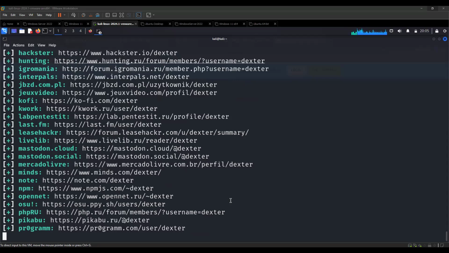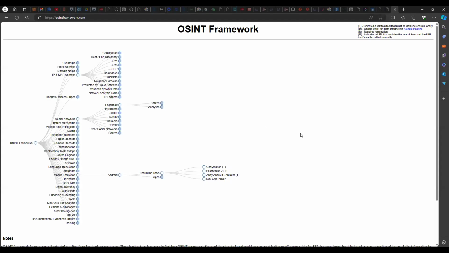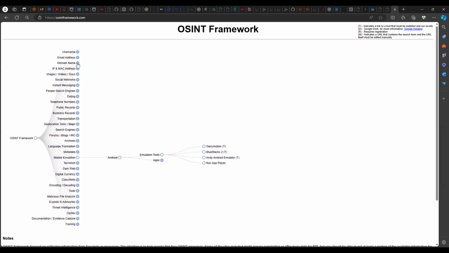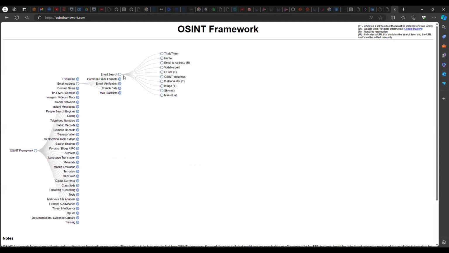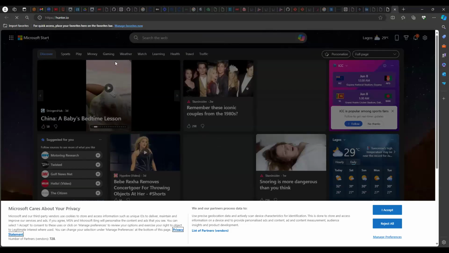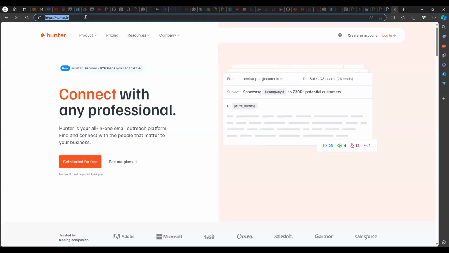So I'm going to go back to sharing my browser. Okay, so going back to this, if we go under email here, I think the tool is also listed here, so it's a good thing we can see it from here. If we go under email addresses, under email search, the tool we want to look at is Hunter, and it's a web application, right? It's on hunter.io. So let me put that in the chat.